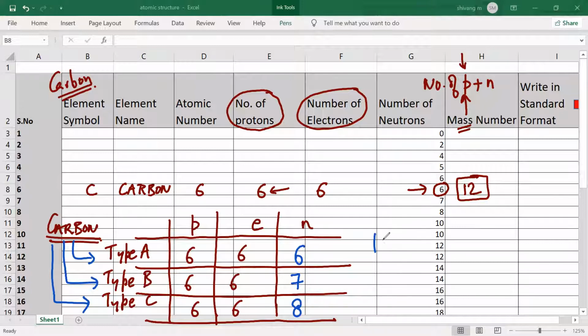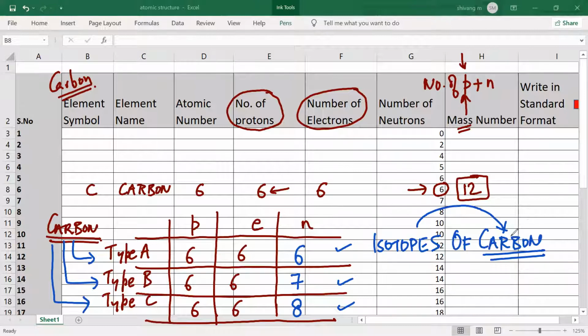And these types are called isotopes of carbon. Isotopes of carbon. Are we clear or not? Yes, sir. Mr. Satya, this will get confusing when you do it the second time, so I'm repeating it again. The isotopes of carbon implies this: they are carbon. Are we clear about this? Yes, sir. They are not different elements. They are carbon only. Are we clear?